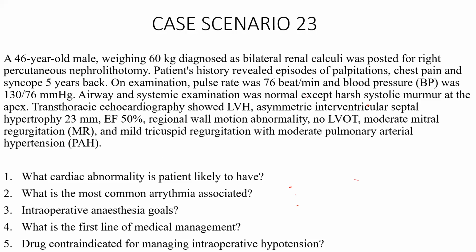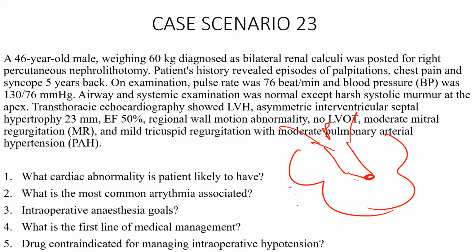Okay. So when you reduce afterload, for example, if you're using a vasodilator, what happens when you use a vasodilator? At this point of dynamic obstruction, when you vasodilate here, what happens to the pressure here? It will drop much more. When the pressure is dropping much more, that will bring the mitral leaflet and the ventricular septum even closer. So that is why you should not drop the afterload severely or acutely. Acute reduction in afterload will exaggerate the dynamic outflow tract obstruction.